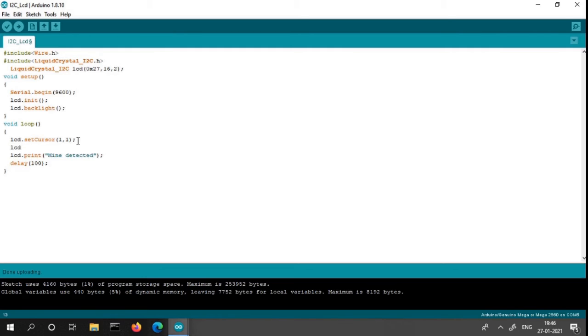Okay, now we are going to provide another function, the scroll function. It means the display data is scrolled from right to left as we provide. lcd.scrollDisplayLeft means we are going to scroll the data in the left direction.